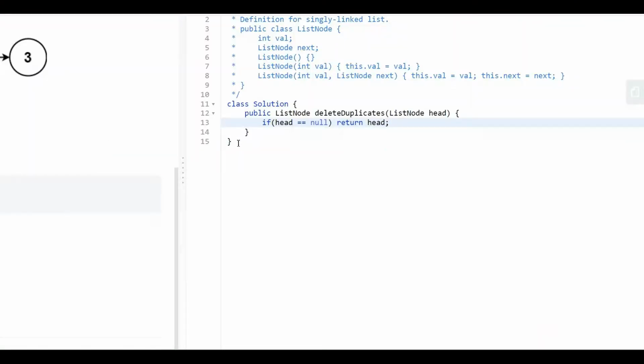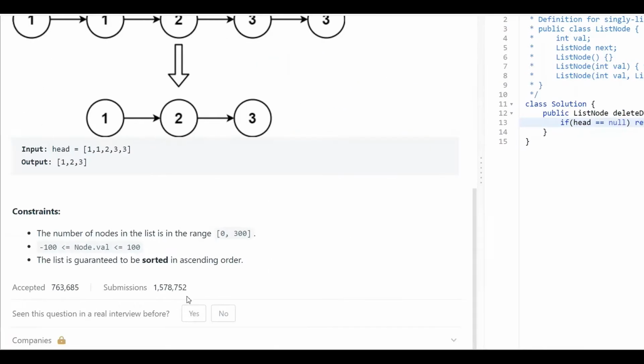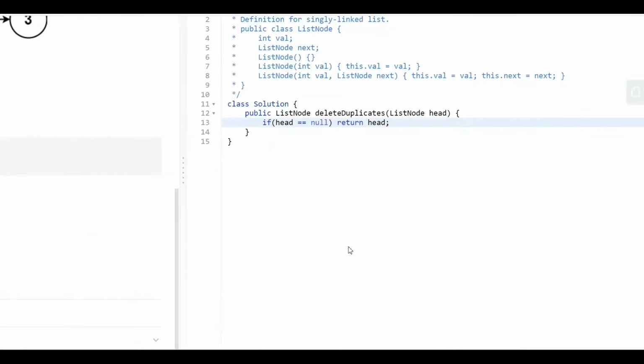Okay, so now we have taken care of the constraint, that is, if we have 0 nodes. So now we can move further, and we can create a temporary node. So we can do ListNode temp equals, initially it is pointing to the same node that head is pointing to. Okay, now I can do my while loop, while temp dot next is not equal to null,